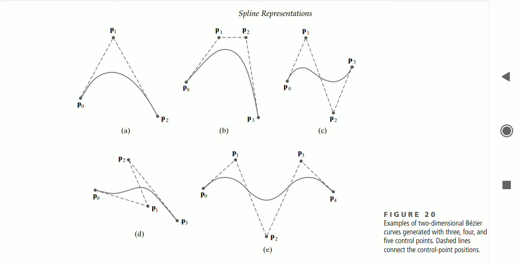The other figures you can see: figure A is using 3 control points. Figure B is using the same 4 control points, but the control point positions are different. Based on that the curve is drawn. D, you see again the same 4 control points. By taking different positions you can see a different curve. Example E, how many points are there? P0 to P4, so 5 points are there. Beginning and end point, in between 3 control points, such a curve is drawn. So in our lab we are going to see only 4 control points.